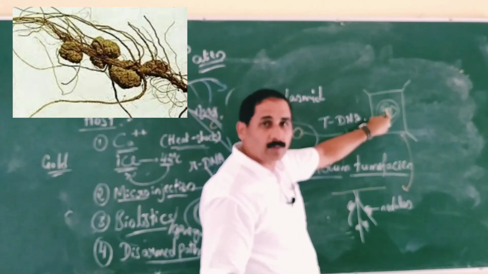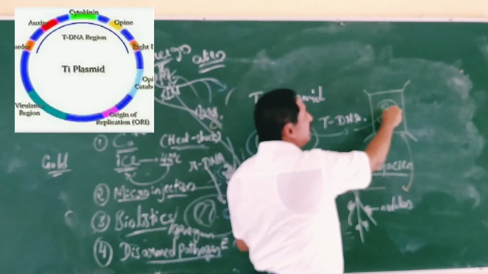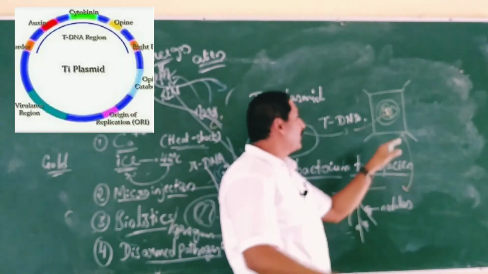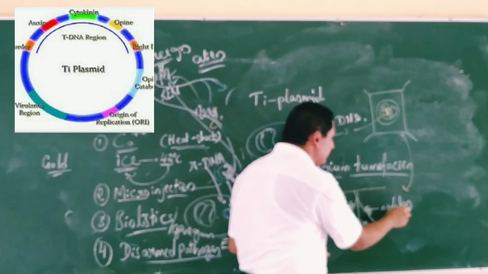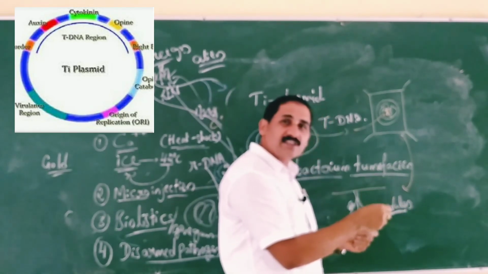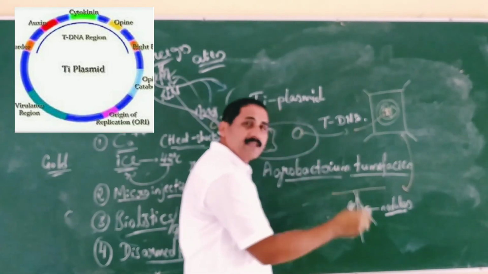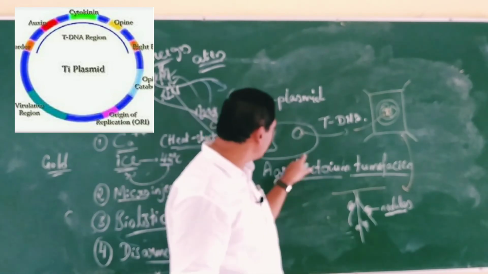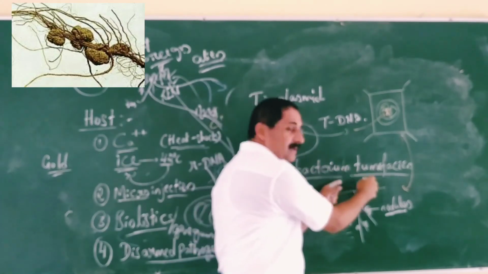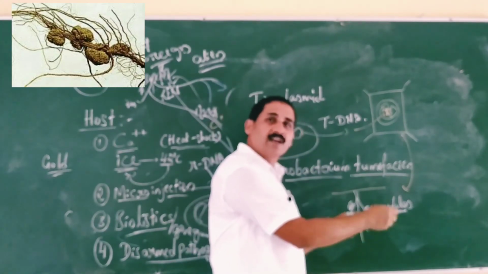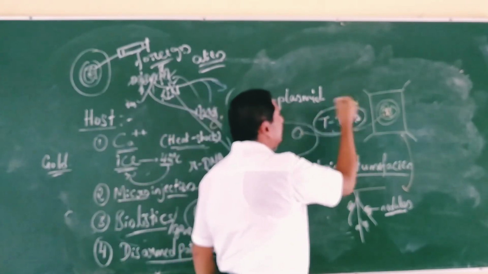So this tumor is formed by the gene of the TI plasmid. It delivers a type of DNA, tDNA, into the plant cell. The delivered DNA produces a chemical product that induces the plant cell to divide, and that forms the tumor. The nodule-like structures are formed in the plant organ, in which the bacterial cells replicate and produce a large number of cells. It acts as a parasite and takes accommodation, food and nutrition from the plant. Totally a parasite. We are using this technique, the tDNA.